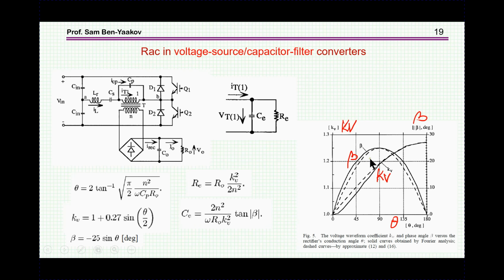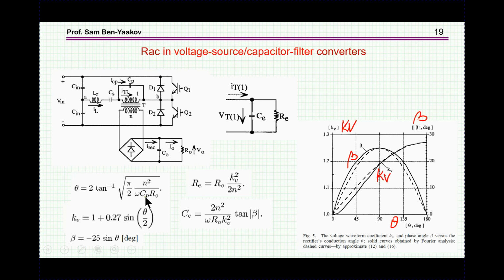Same thing goes for this parameter kV, whose purpose we'll see. We have the actual result, and this is the approximation. So these are fitted equations to these normalized parameters. We have theta, we have beta, and then we have this parameter kV, which is a function of theta. Now notice that here we know everything, because we know the turns ratio,